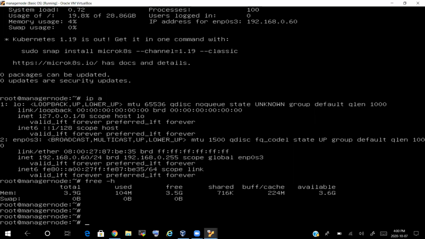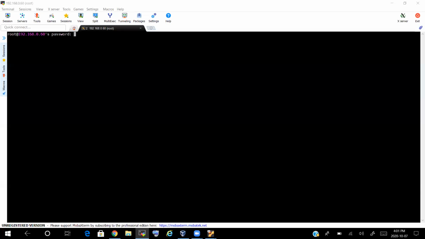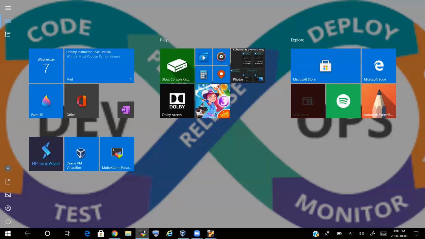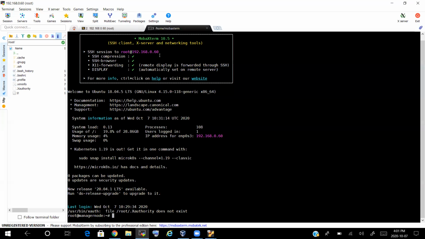So let me log into these VMs using MobaXterm. I want to use some remote application in order to log in. So this is my manager node. And let me log into the worker node.